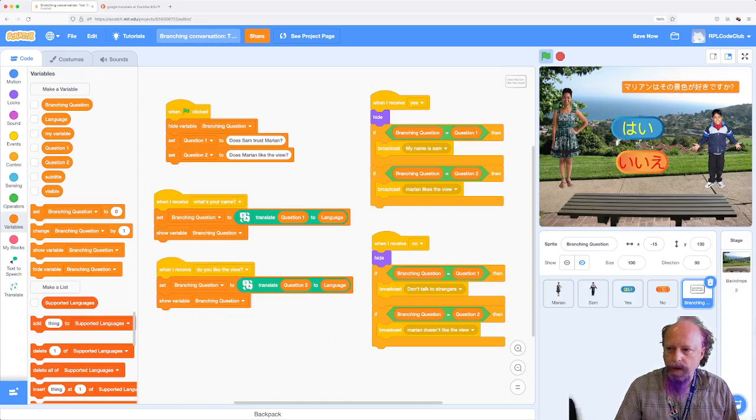Okay, so now that's our question. We're going to say yes. Hi. What happened? So we said yes. When I receive yes, hide. Branch. And then if the branching question is this. Oh, but the branching question isn't. It's the translation. Right. So we need to keep